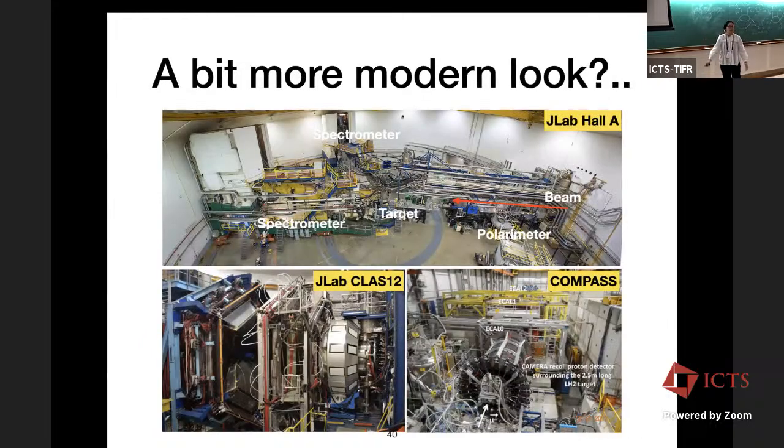So some decades later, we still do fixed target experiments, but does it look modern compared to SLAC? It looks about similar. We have a beam coming in, target and spectrometers, right? This is the Japanese lab for A. The CLAS experiment at JLab and the COMPASS experiment at CERN actually have these spectrometers right at where the target chamber is. So if you think about the EP collider, and make one of them fixed target, your detector will then have to be in the boosted region in the front, and that's where the detector is sitting here.